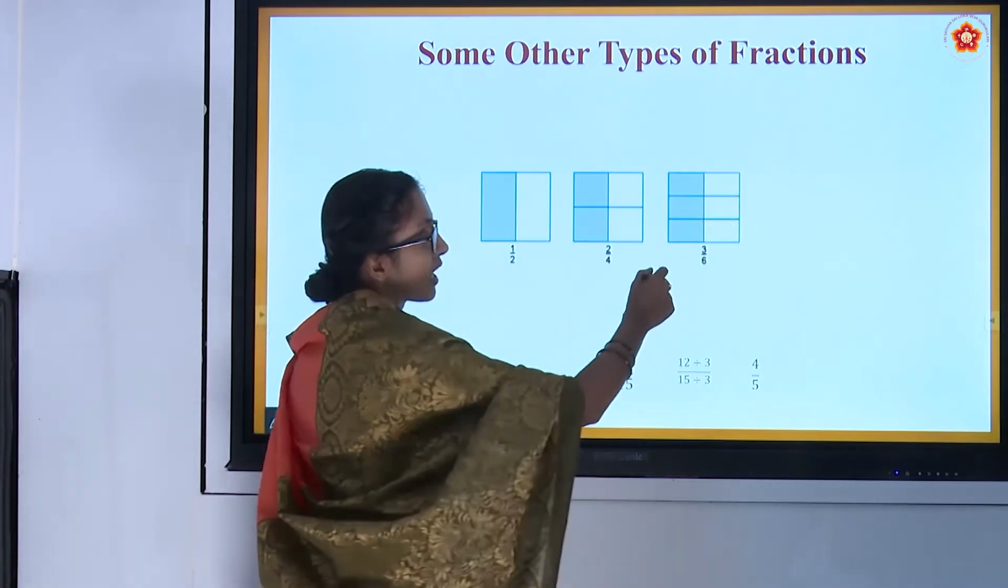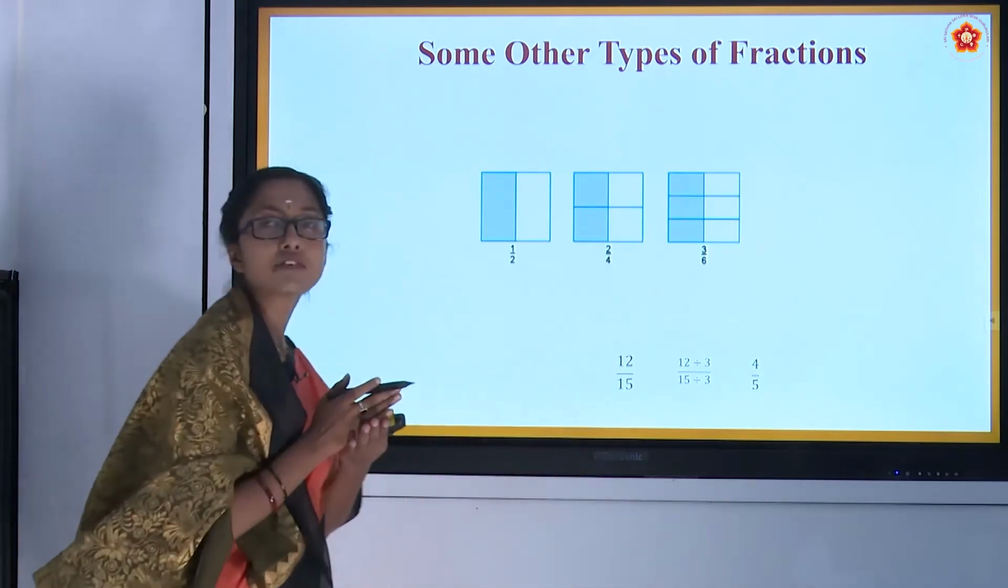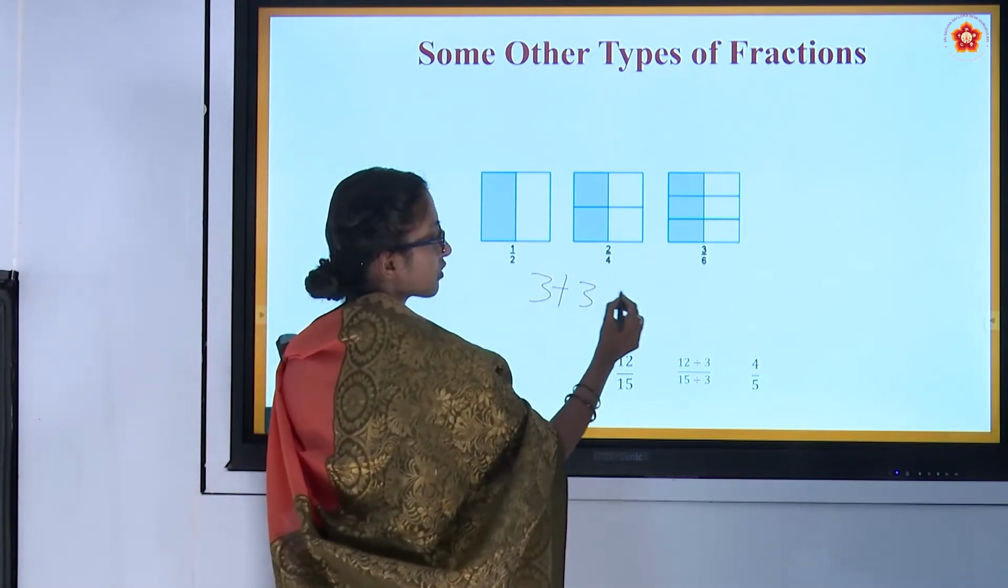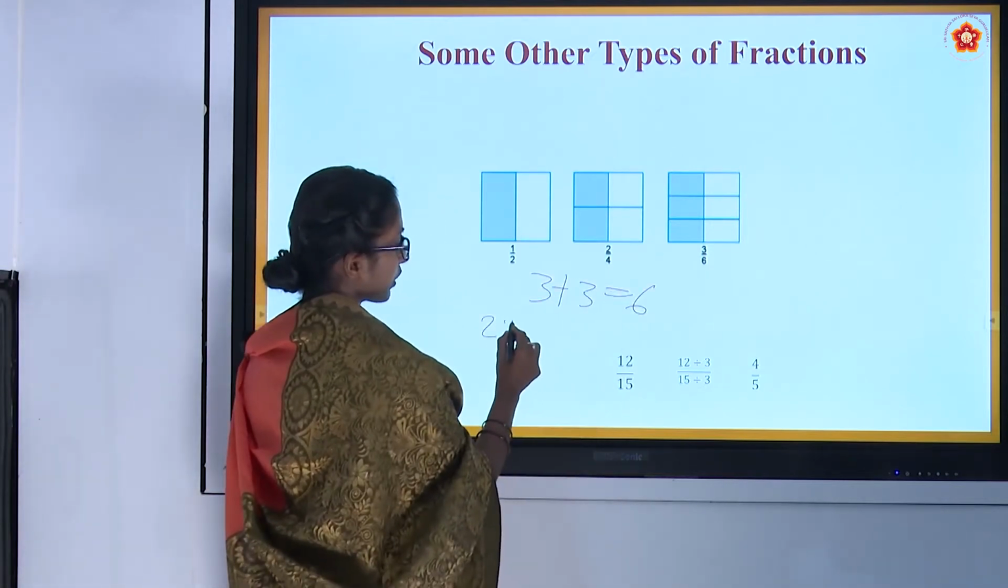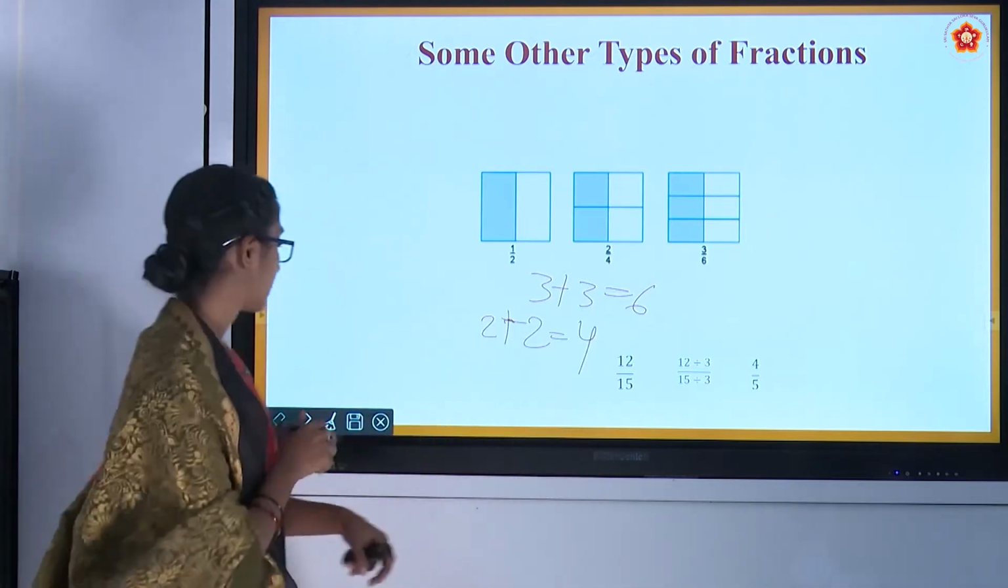Here the total number of parts is 6. Among them, 3 are shaded. Half of 6 is 3. You know very well that 3 plus 3 is equal to 6, and 2 plus 2 is equal to 4. In the same way,